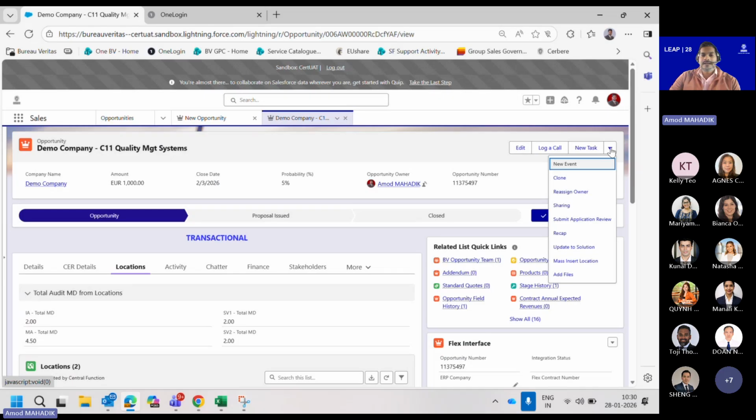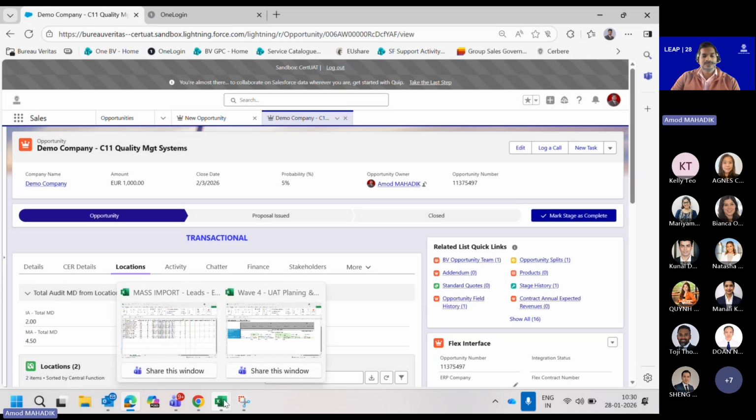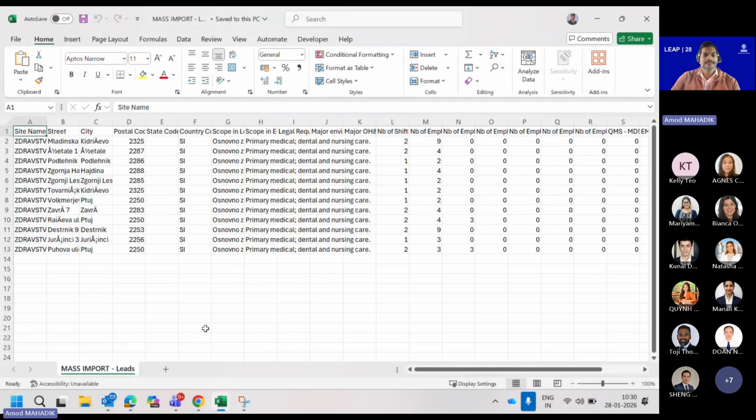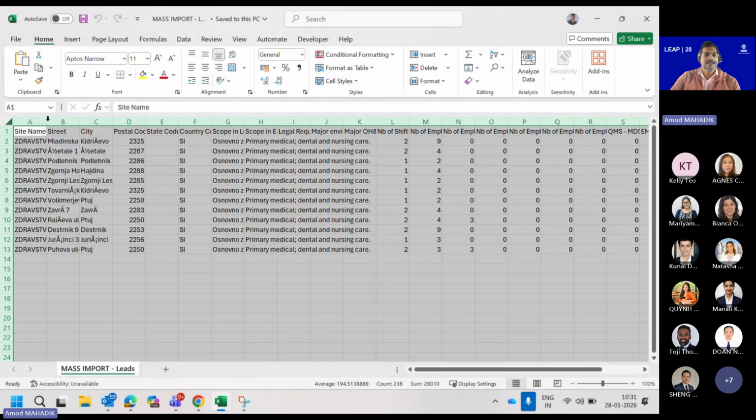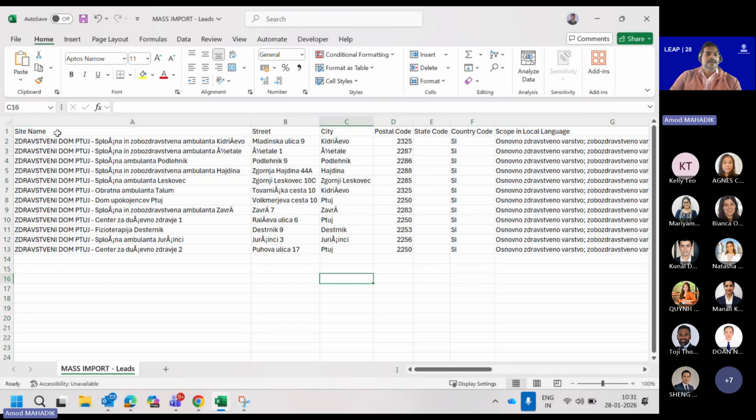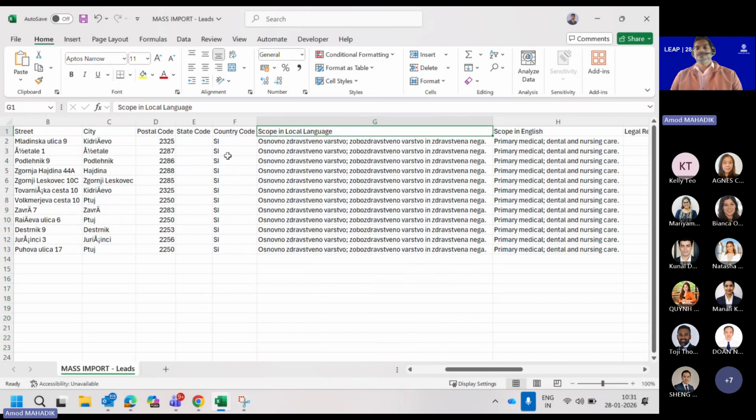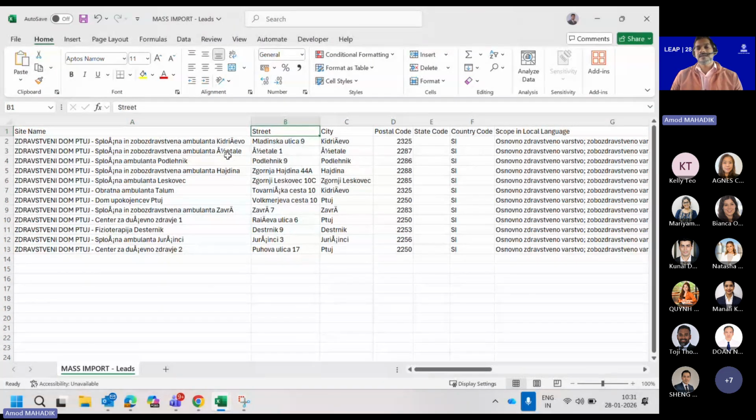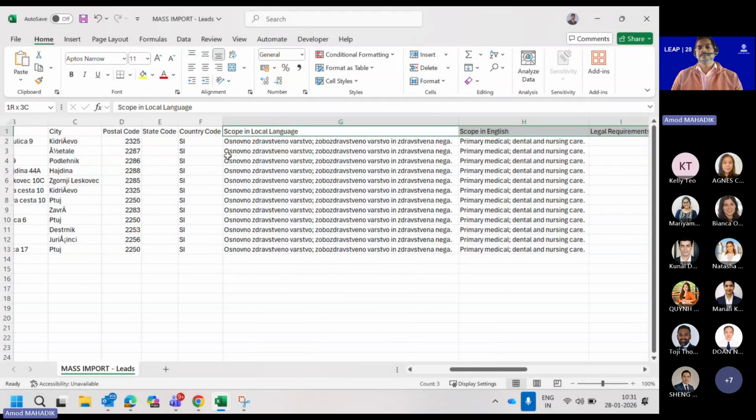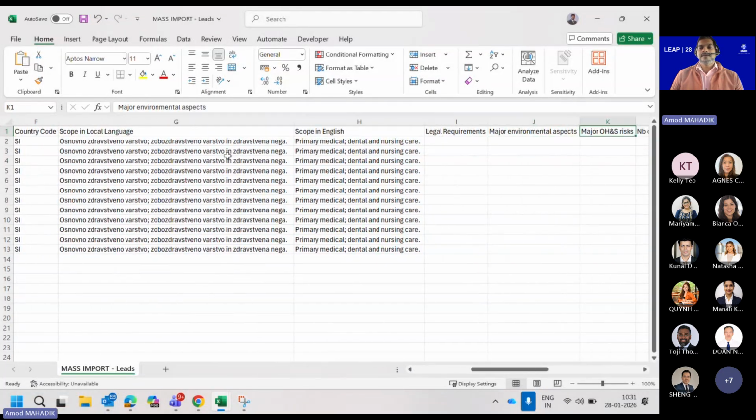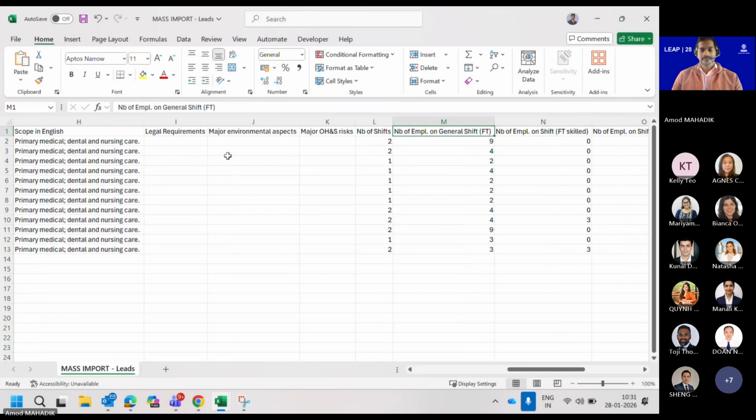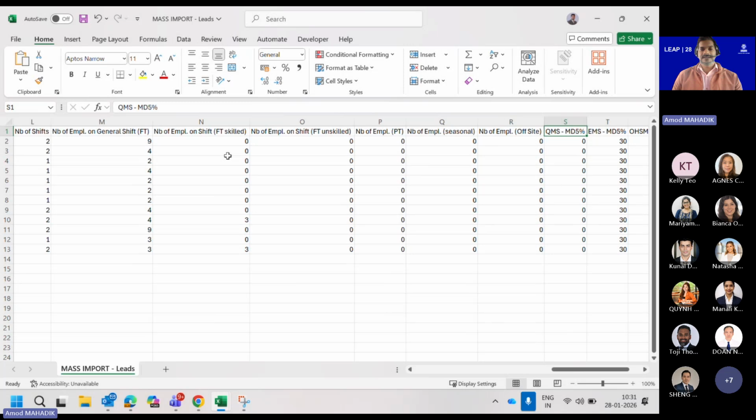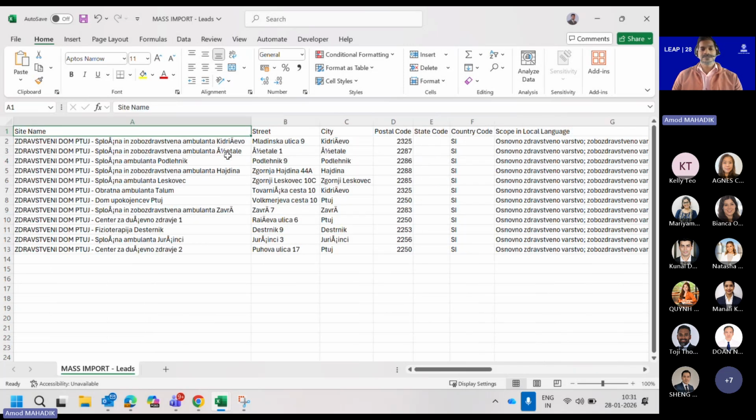So for that, first of all, you need to create one Excel file. I'll show you the template of that Excel and the format of the Excel. So this is the format. Okay. These are the fields which we require in that particular Excel: the site name, then the address of site, the scope of site, then the legal environment, major environment aspect or legal requirement information, then the employee count information for each and every site. Once you have this information,